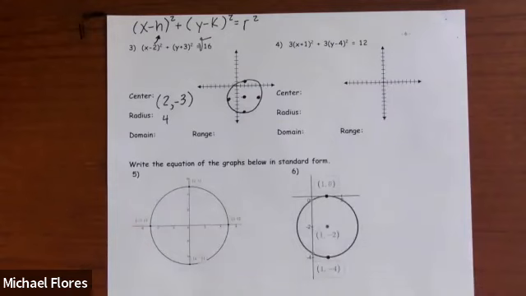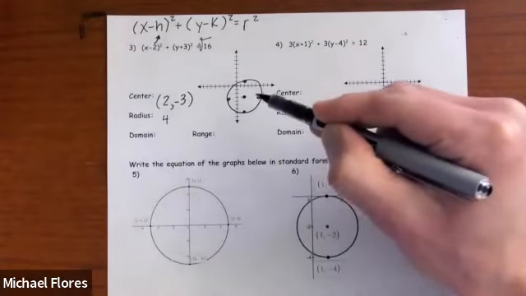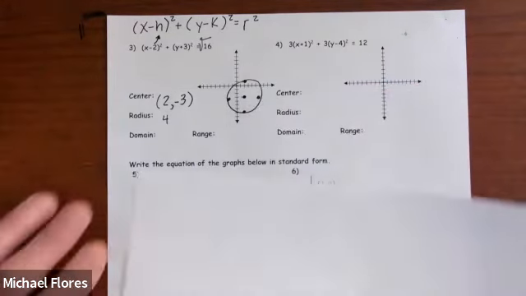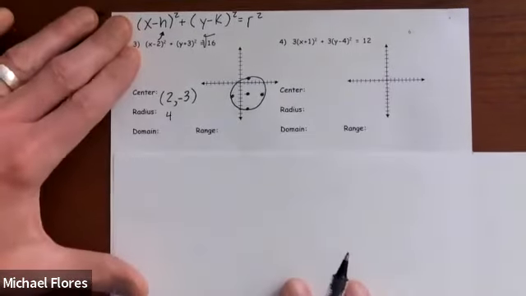Now, as far as my domain and range, I'm gonna do something different. You could count from the center, you could count down, you could count up, you could count left, you could count right. But let me show you another way too, because they may test you over this and not give you a picture. So another way you could do it is,